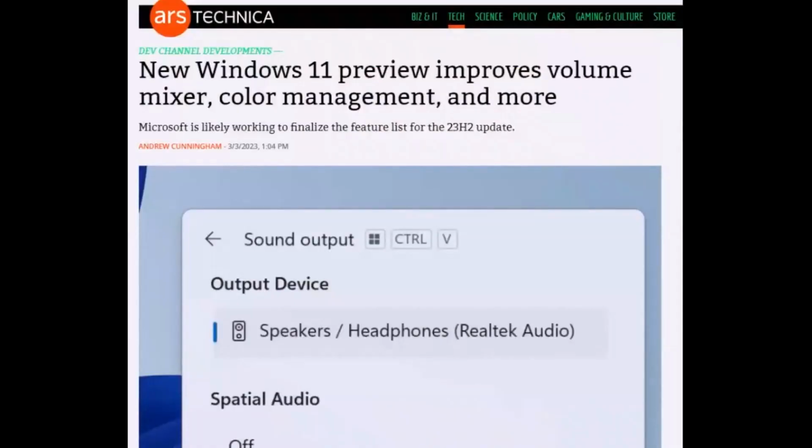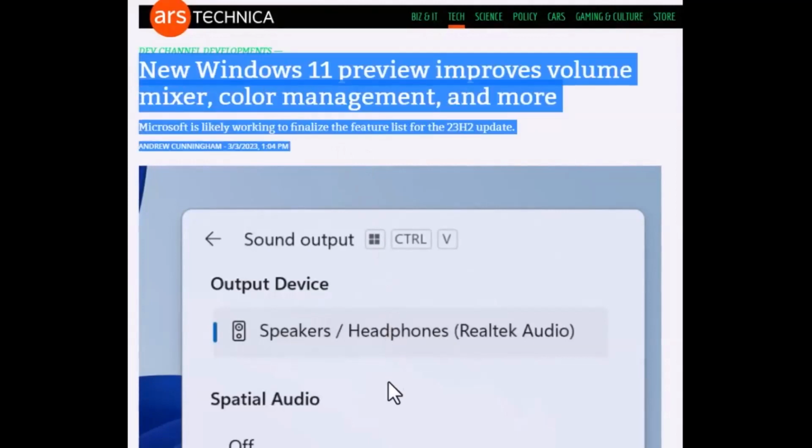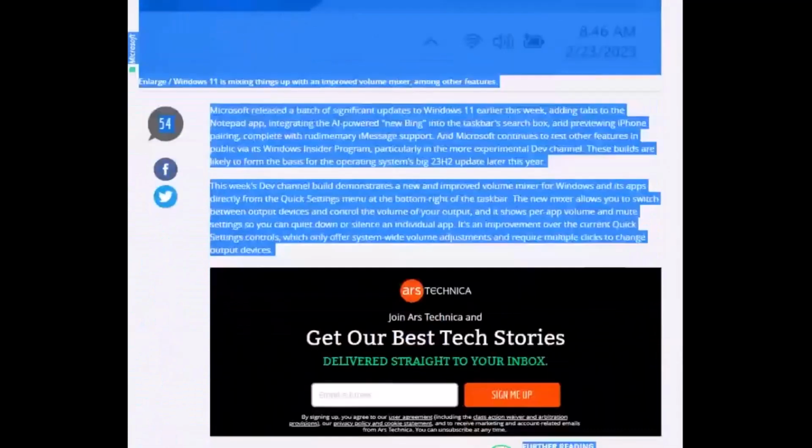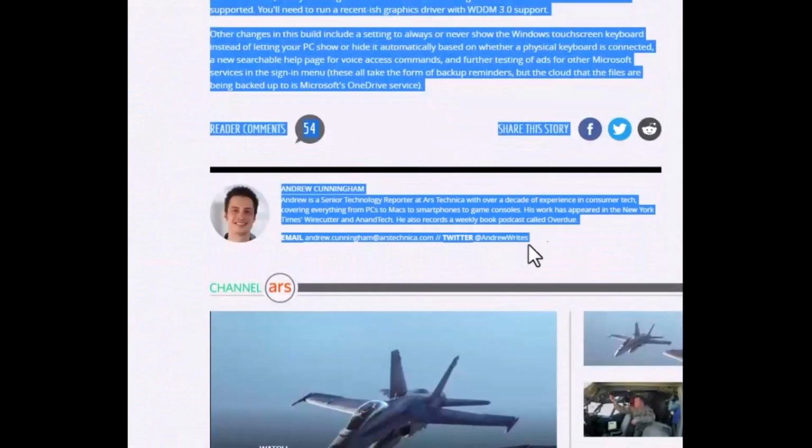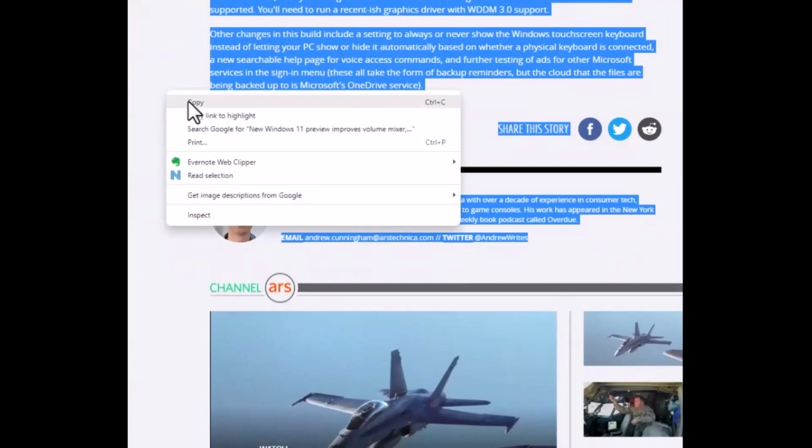So let's use Notepad. I have a website that I wish to copy some of the information that's there, but I don't need a lot of the extras. I don't need the links and so on. So let's just highlight what I want to grab, and we'll come down to right here, and I'm going to then copy it,